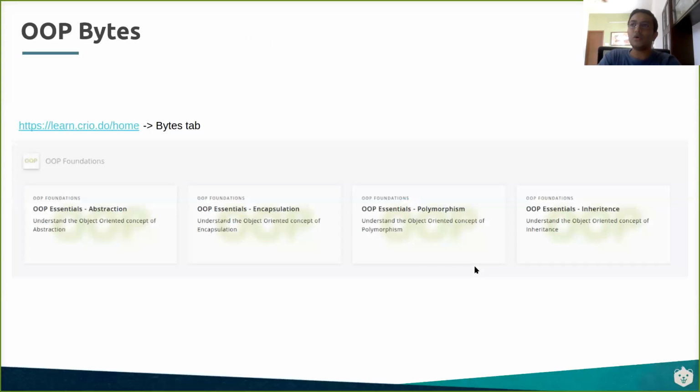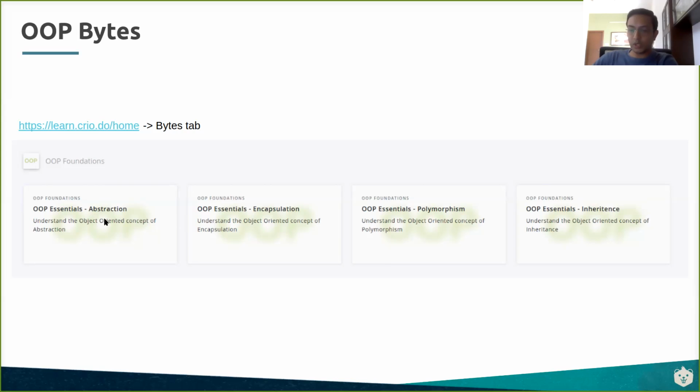Some of you who might not have started, this is for you. You have to log into Crio.Do. Once you log in, you go to the Crio.Do homepage, where you will see the Bytes tab, the micro experiences. Once you click on Bytes, you will see all of the OOPS related bytes grouped together under the OOP foundations. Go ahead and pick them up.